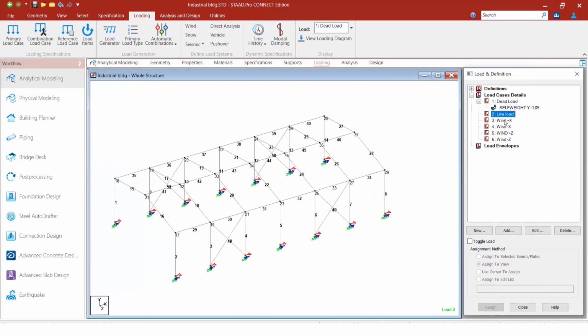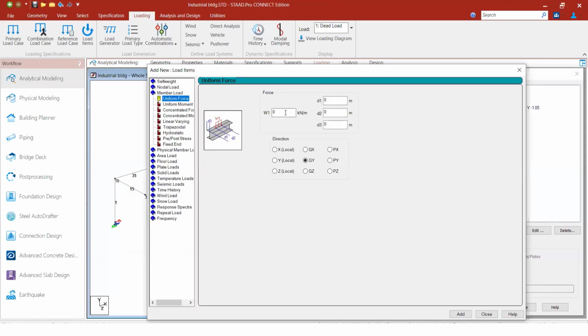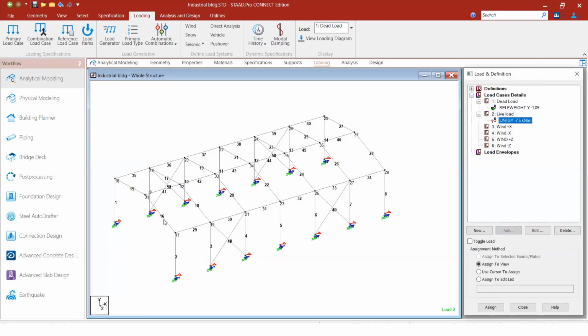Okay, like how I have explained earlier. For live load, just click on the live load and add it. Here you have a member load, right? Whatever member load that you want to apply, just provide, but all the gravity load should be applied with a negative sign. Minus 7.5 is what I've selected, and it is in the GY axis, and just give add and close it. Then select the rafters where you have to provide the loads, and assign to selected beams, where the selected beams alone get the load acted on them.